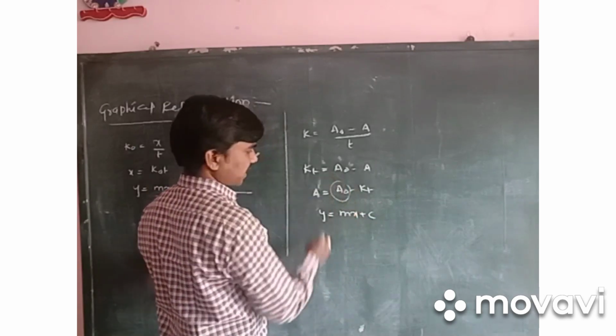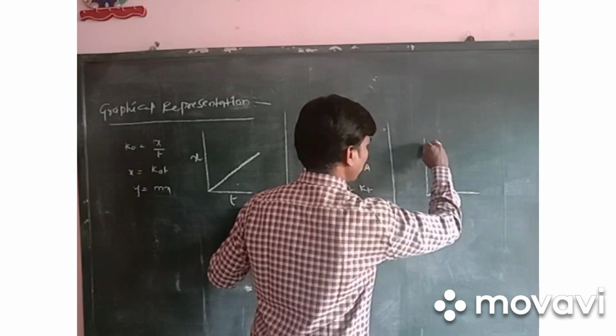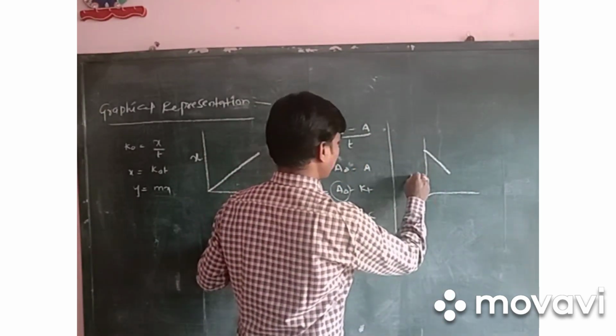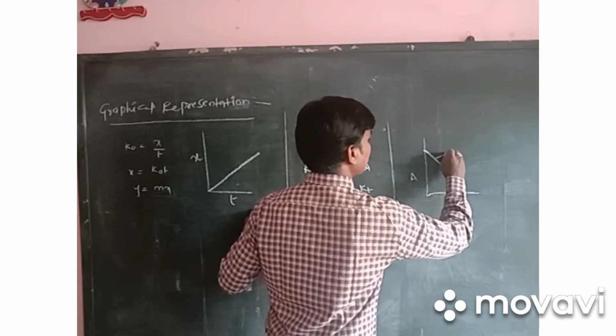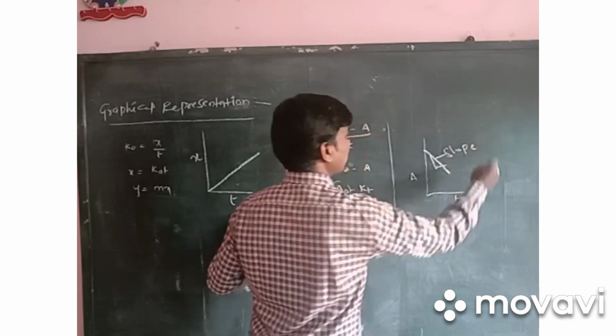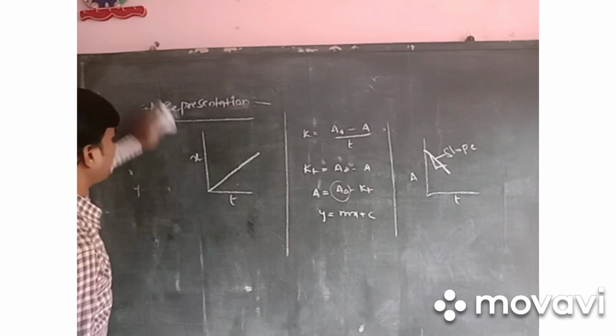So here the intercept is a naught, and a negative slope is there. So the graph will be like this. Here I am taking concentration, here I am taking time. So here a negative slope will come. Here we can calculate the slope like this. Slope is negative here. So these are two graphs, and one more graph is also available for the